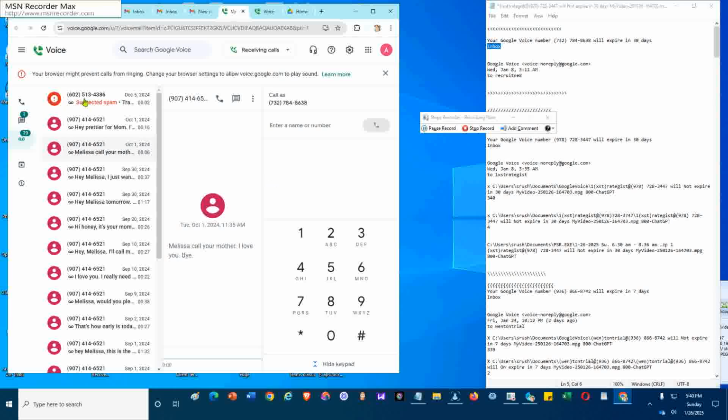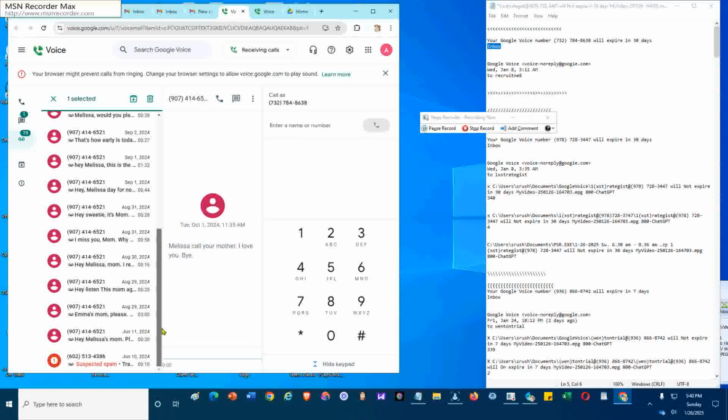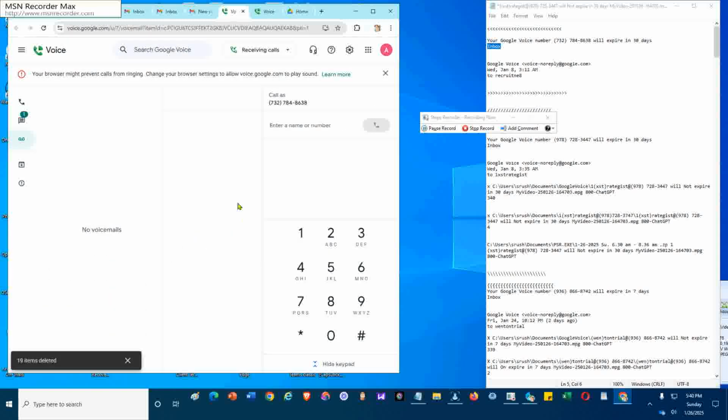If I want to delete all this junk mail, I hold down the Shift key and I select the first message, then scroll down to the last junk message, select all of them, and then I want to delete all of them. Delete all these messages. Okay. Now,